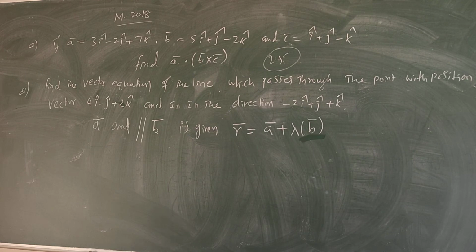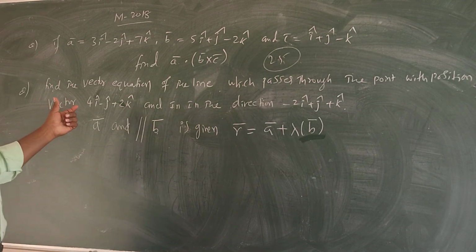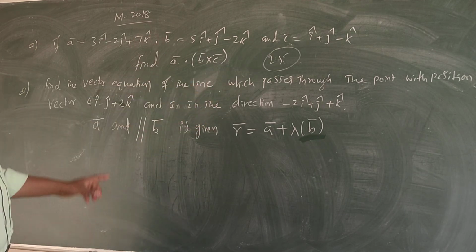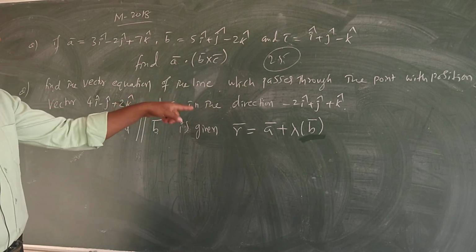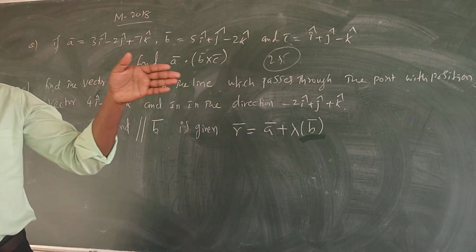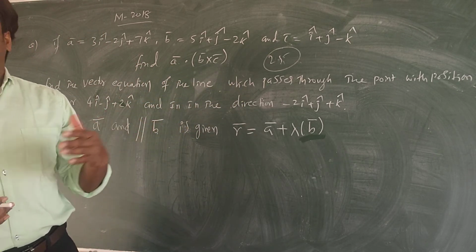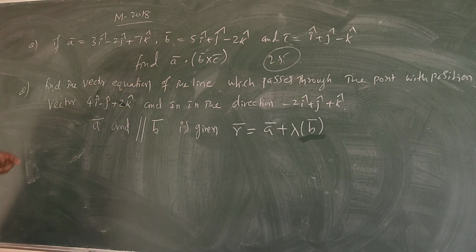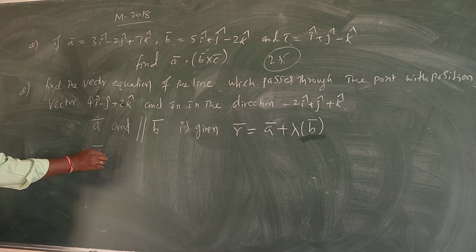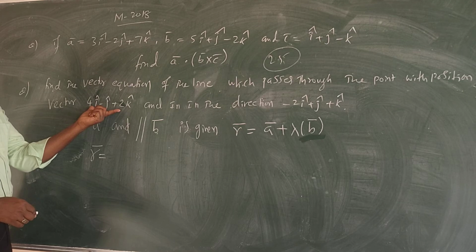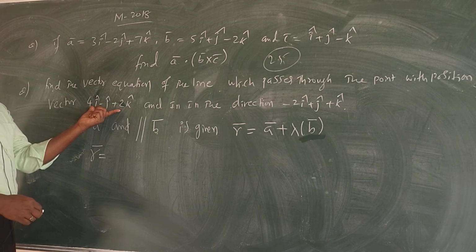So this is the thing you should know. Whenever they ask you the vector equation of a line passing through a point with the position vector and with this direction. Parallel means direction. Whenever they say parallel, they have given the direction. So what can you write as the answer? Now what is the equation of the vector? R is equal to, now the given point is this. What is the given point here?